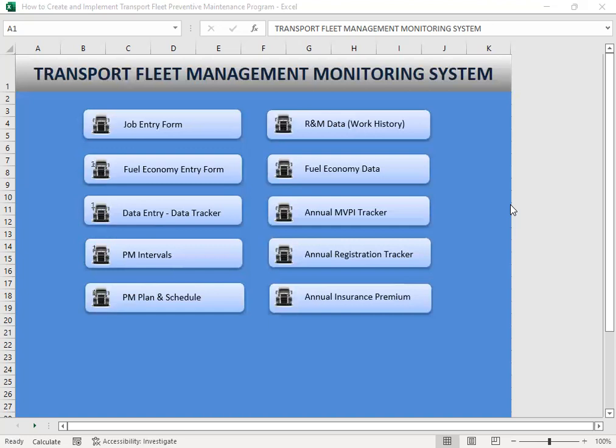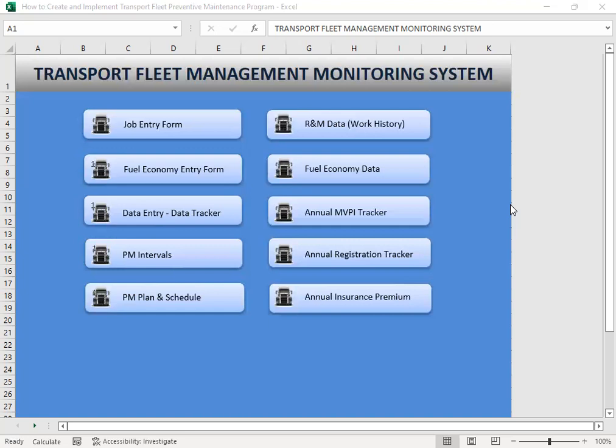These are huge assets like semi trucks, heavy duty trucks, and different types of trailer or rigs. So it's important that we maintain the records on fuel economy and the work history,